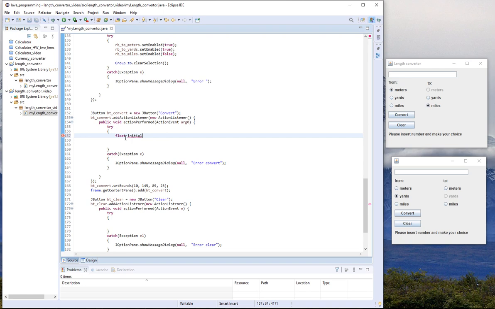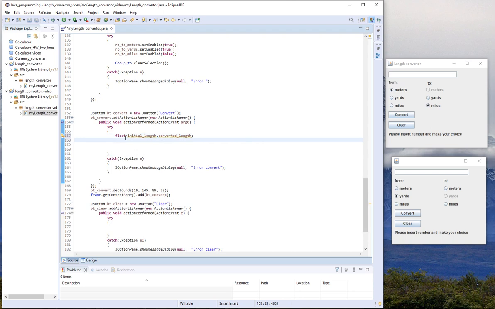Let's call it initial length and output converted length. Okay, so now